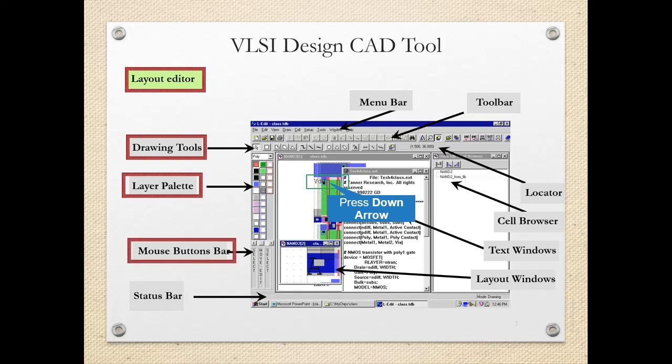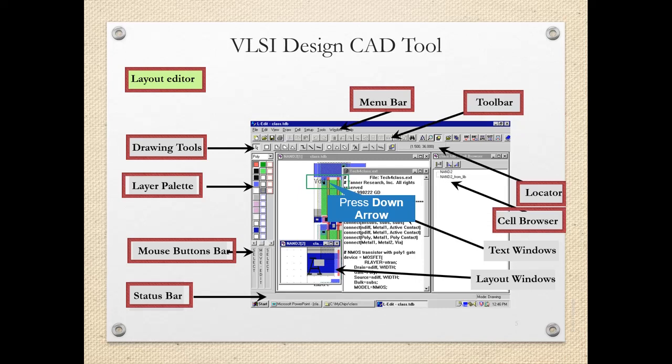Then we have the mouse button bar, then the status bar, we have the menu bar also, like file, edit, view, different options. Then we have the toolbar, then the locator, with the help of which we can locate the exact position of the device on a chip. Then we have a cell browser.